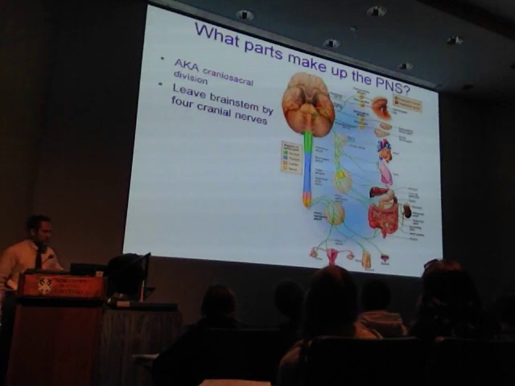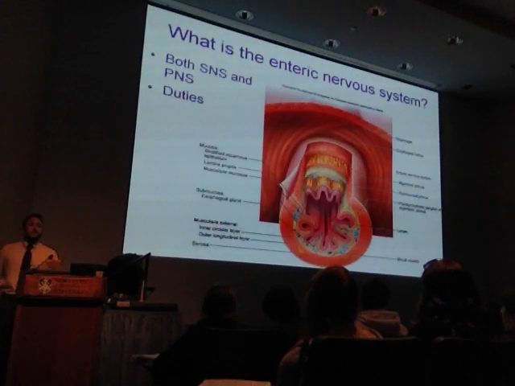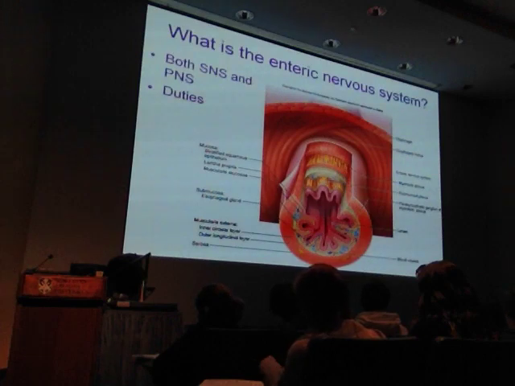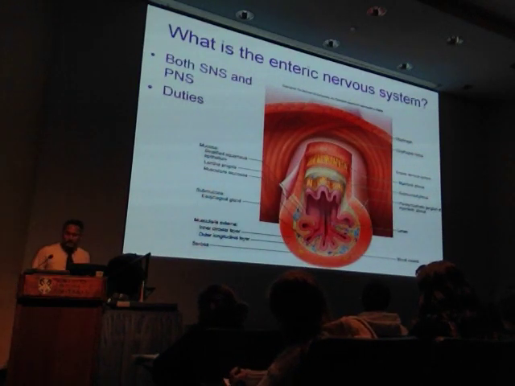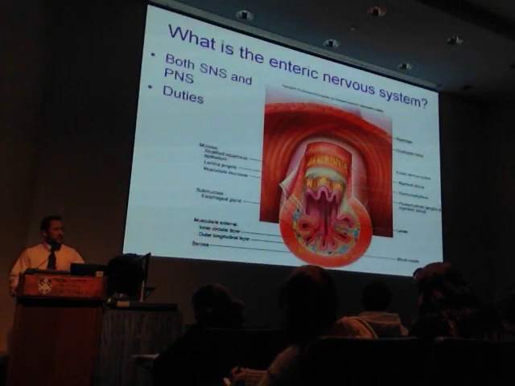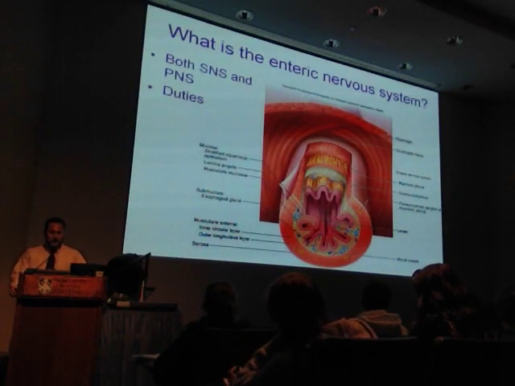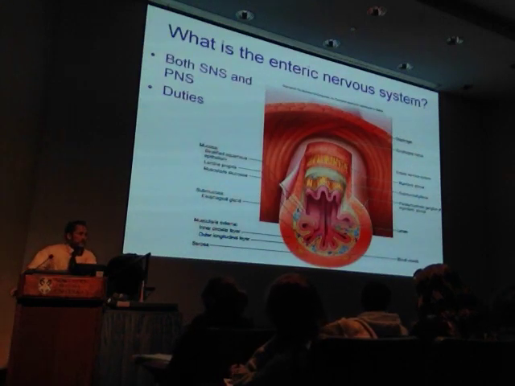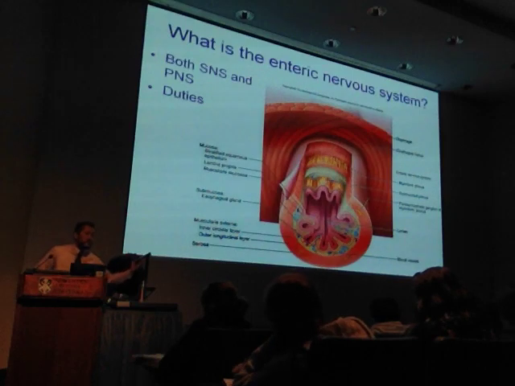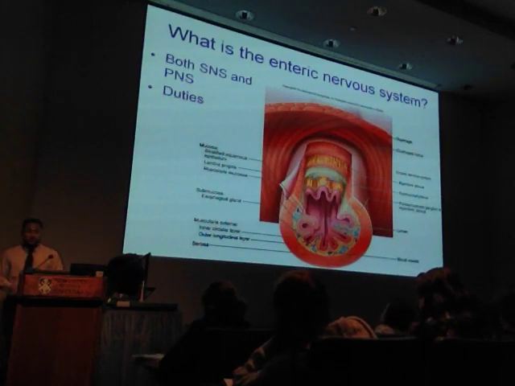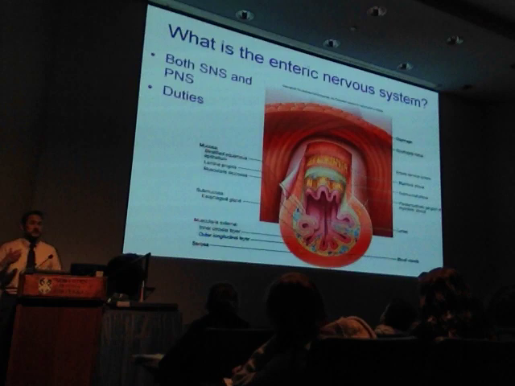We actually have sort of a third independent system that's known as the enteric nervous system. The enteric nervous system is a subdivision of the autonomic nervous system, and it is under control of the sympathetic and the parasympathetic nervous system. It's kind of the other category. But it actually can act independently of those two systems all by its own. That's why we kind of usually put it in its own category. It directly controls the gastrointestinal system.